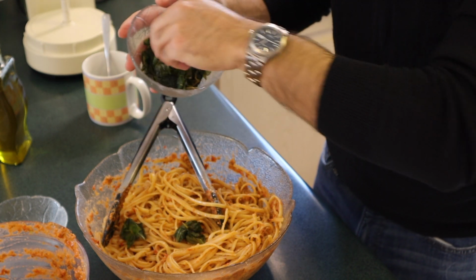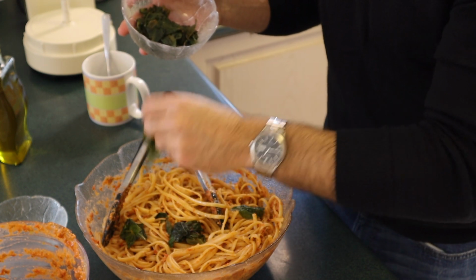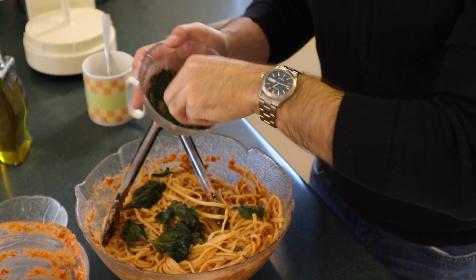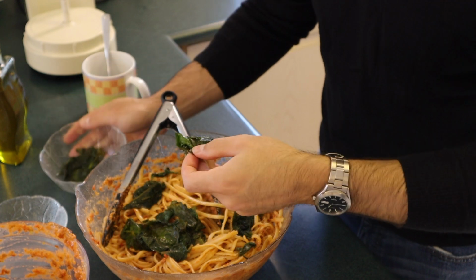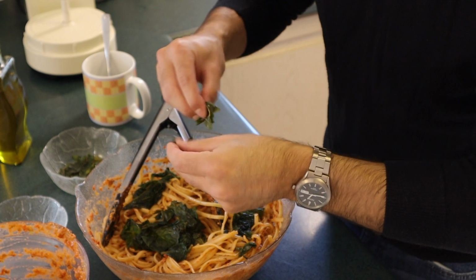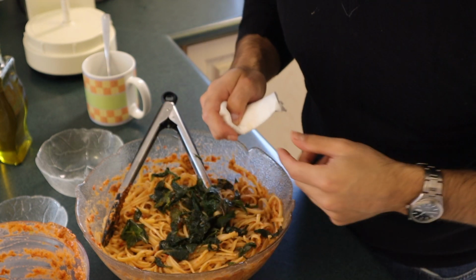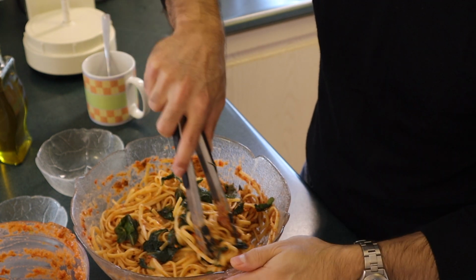Throw the basil in there. You might notice my basil is a bit wilted, and that's because from the summertime, from the garden, I freeze the basil in the freezer. Maintains the beautiful flavor, but of course loses some of that fresh basil texture. But hey, some things in life are not pretty, but they're beautiful. You know what I mean? Ma, get your hands in there. Show it who's boss. Could I have put the basil in the food processor? Of course I could, but I just want a little bit more freshness on the tongue, in the mouth